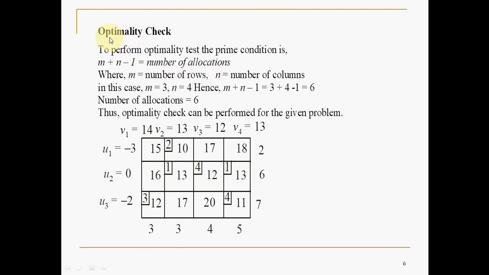So for the optimality check, this is the prime condition: m plus n minus 1 must be equal to the number of allocations, where m is the number of rows and n is the number of columns. In this case, the number of rows is 3 and the number of columns is 4, hence m plus n minus 1,